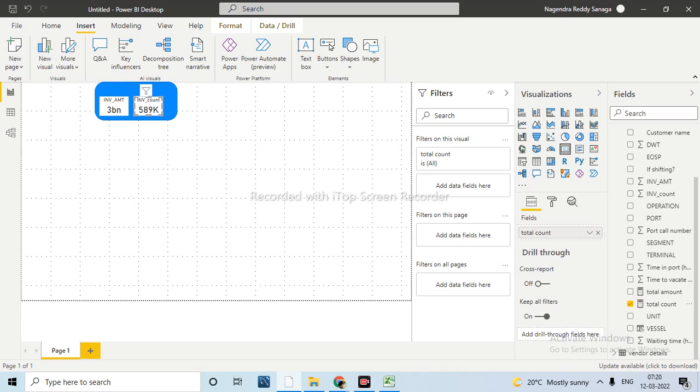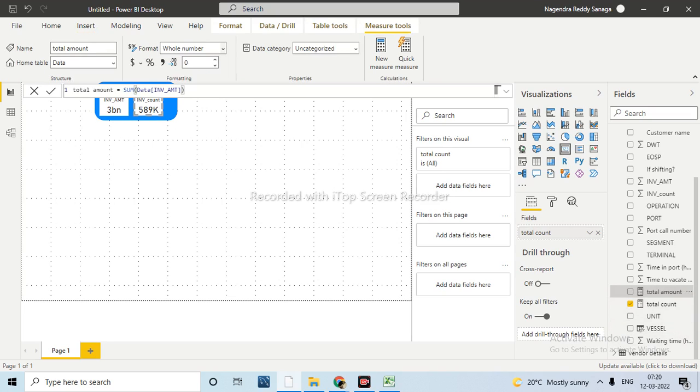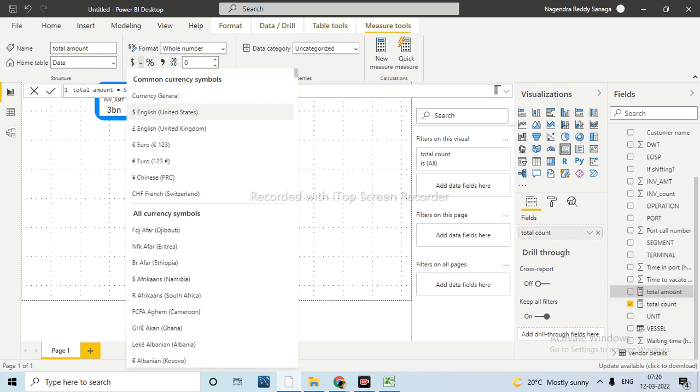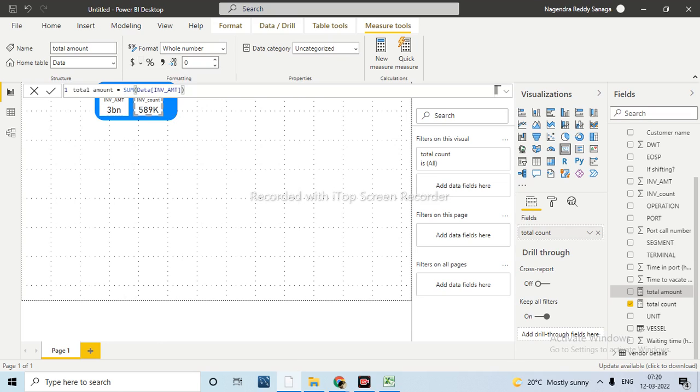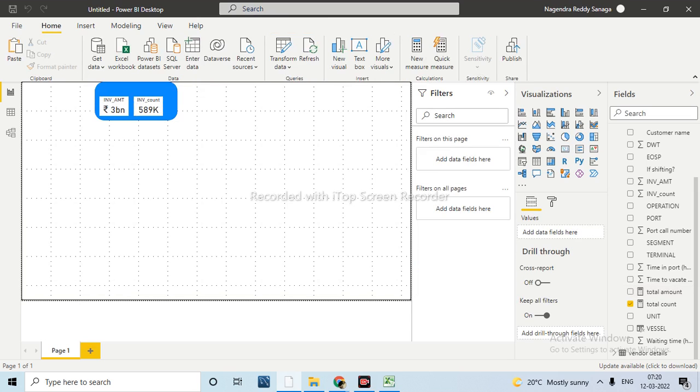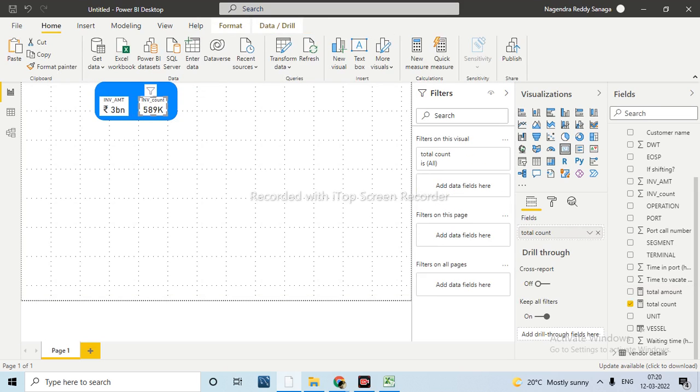Okay, this one we'll keep in any currency mode so that it will be clear. Like I will take the rupees. United States. Rupee will be somewhere down. Yeah, here it is. Rupee, yes, I'm India. Then it will come as this rupee symbol. Based on our country zone, we will use it. Now, in my Walmart case, I have used dollar.